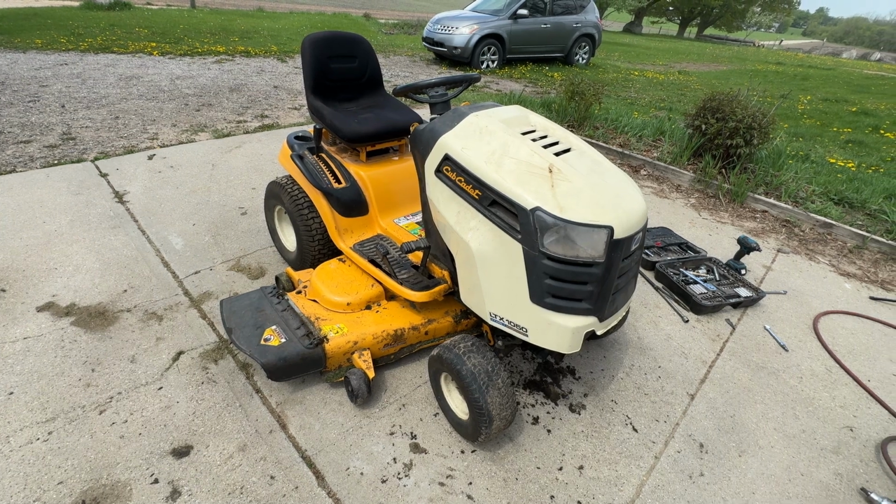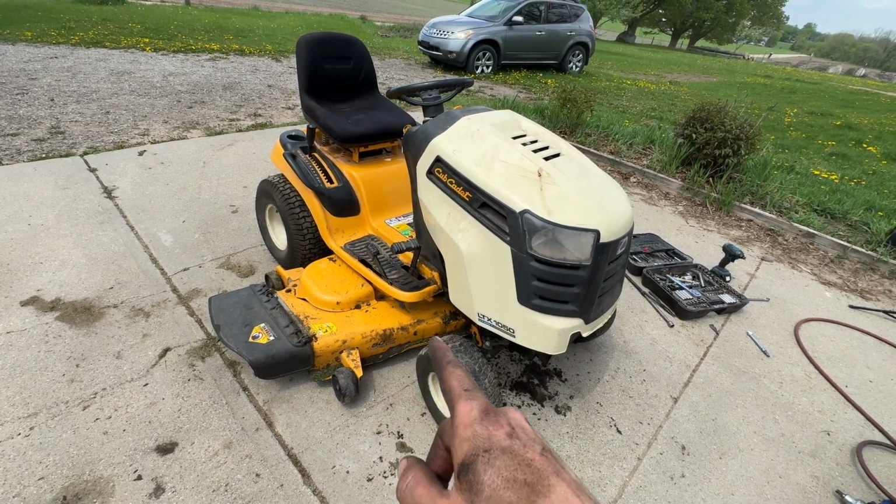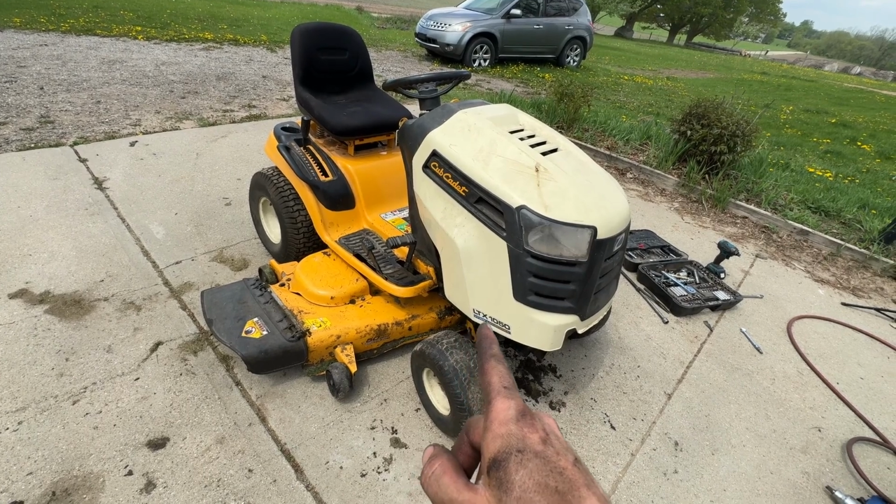Hey guys, today I'm going to show you how to change the deck belt on this Cub Cadet LTX 1050